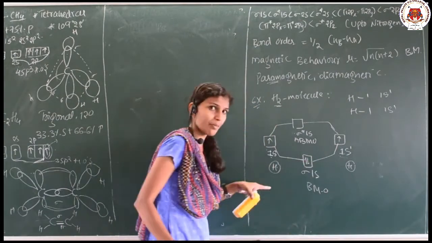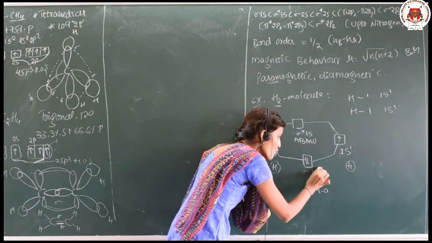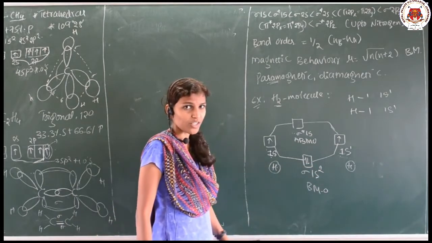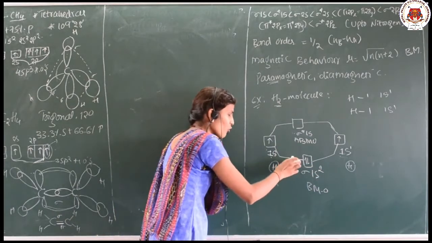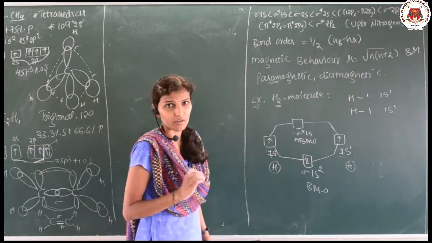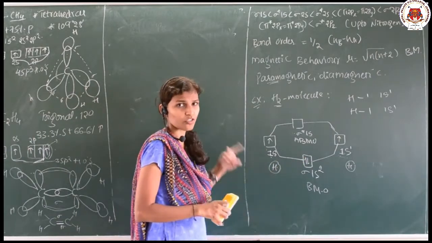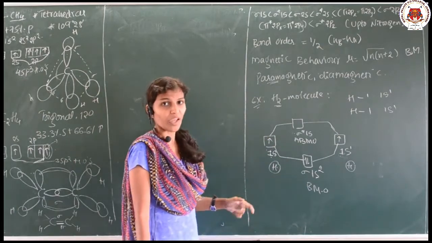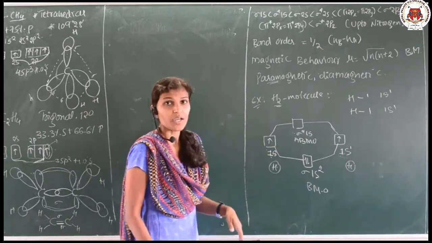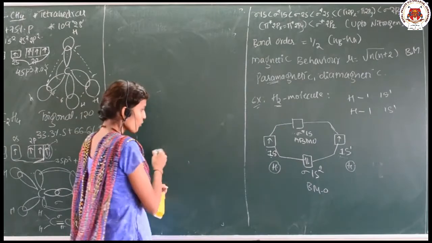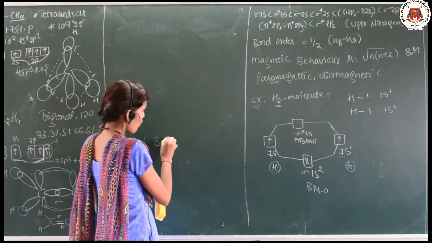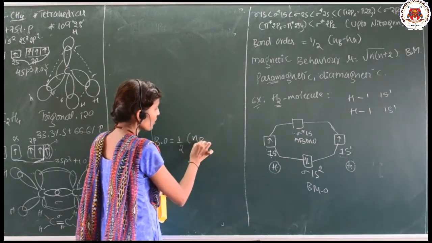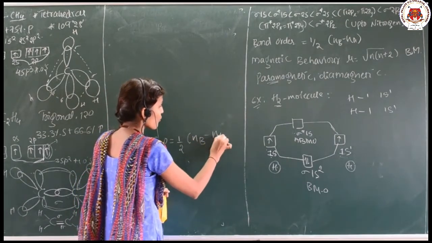So, what happens? It is sigma of 1s2, because 2 electrons are there. First, always fill the bonding molecular orbital, as it has less energy and more stability. First the bonding will fill up, next it will go to the anti-bonding. Okay. So, if I need to calculate bond order, it is 1 by 2 times the number of electrons in bonding minus the number of electrons in anti-bonding.